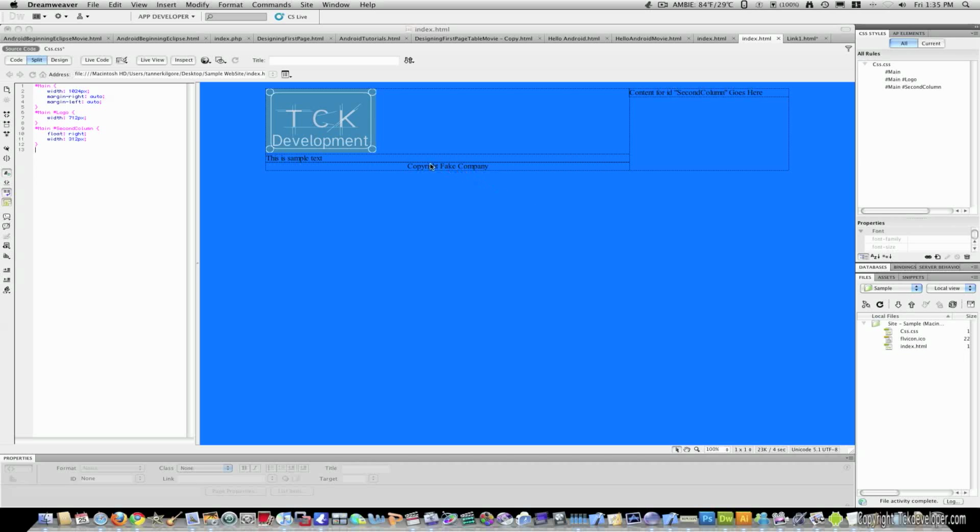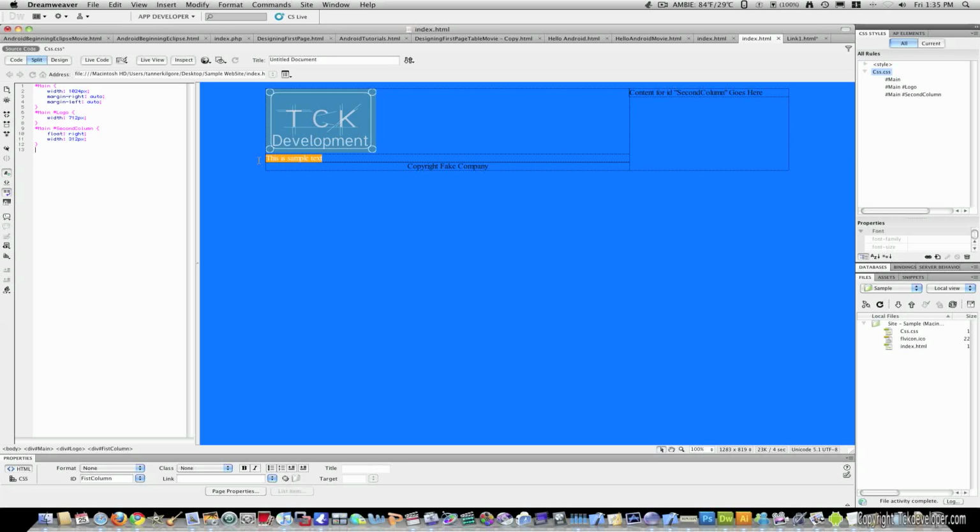And I will create a little bar here. And I'm just going to type page 1 and put a pipe symbol, page 2, and page 3. And I'm going to center this